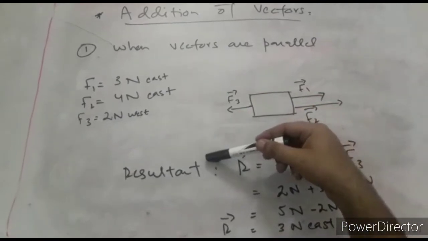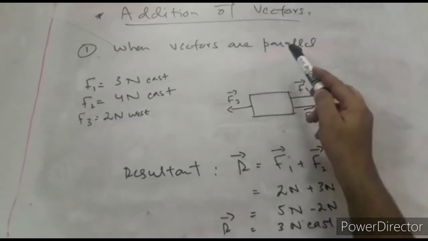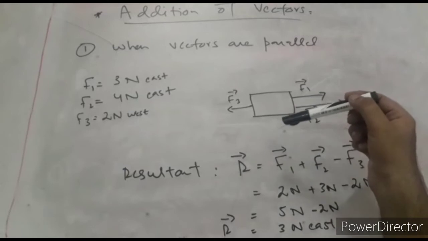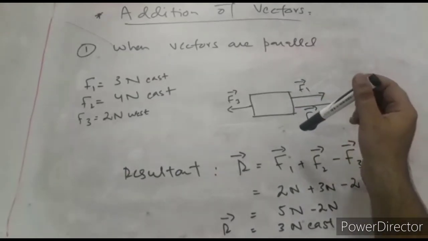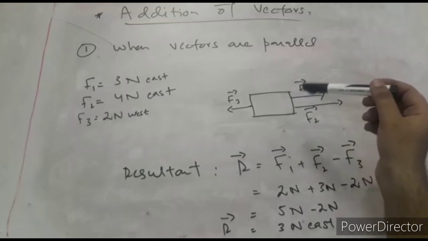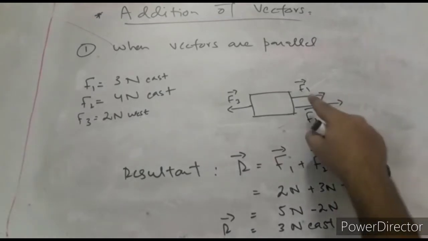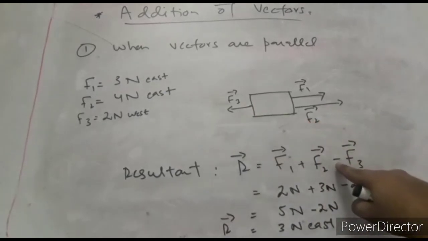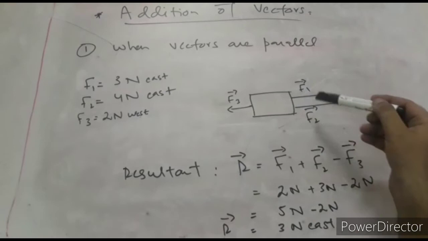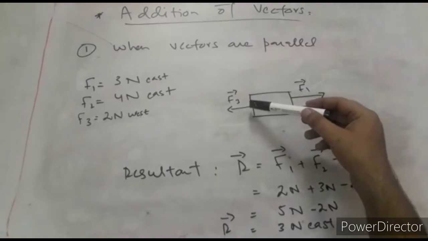So the resultant vector after the addition of these three vectors will be, how are we going to add them? If the vectors are parallel, we just simply add or subtract them. Simple mathematical addition or subtraction when the vectors are parallel. So here we have the parallel vectors. All of you are well aware of what parallel lines are. So these are parallel lines representing different vectors. The vectors in the same direction are added and in the opposite direction are subtracted. That's why we added F1 plus F2 and then we subtracted the third vector F3.